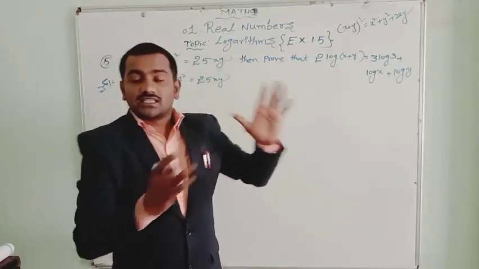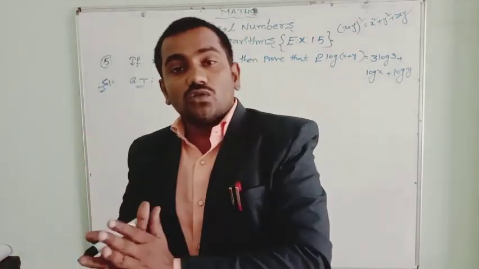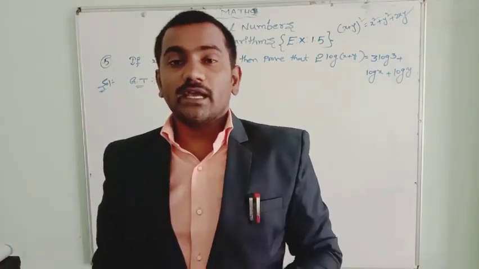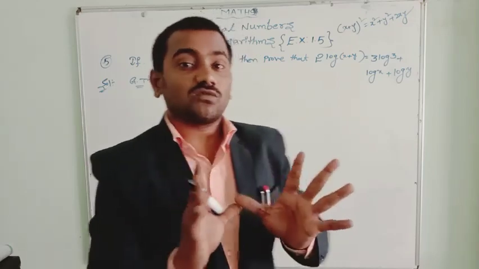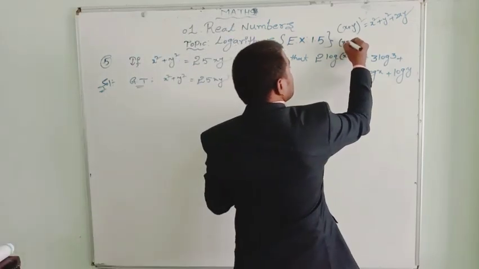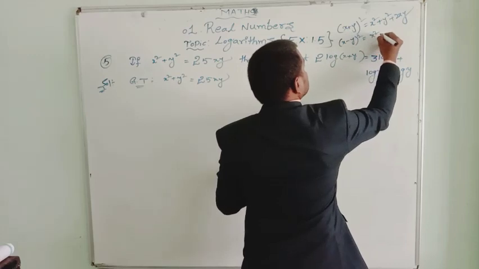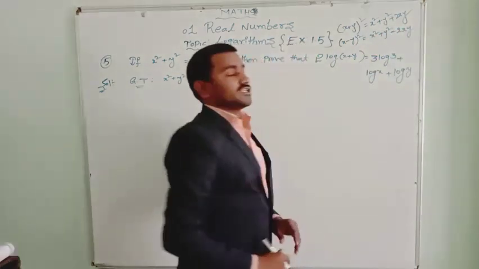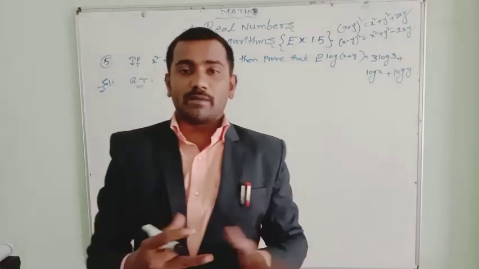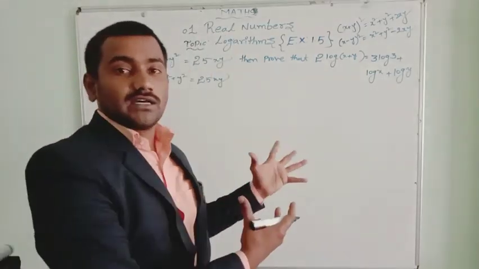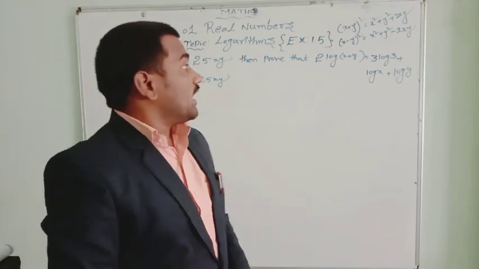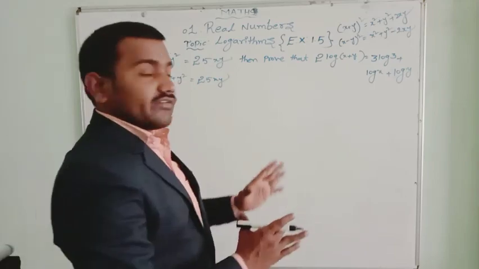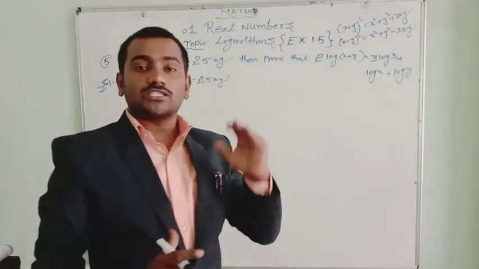Always in these kinds of problems we use either x plus y whole square or x minus y whole square. See, in the x minus y whole square formula, x square plus y square, instead of plus we get minus 2xy. That is what a plus b whole square and a minus b whole square are, in the form of x and y terms. Again, what we need to think next is whether we need to use x plus y whole square or x minus y whole square.